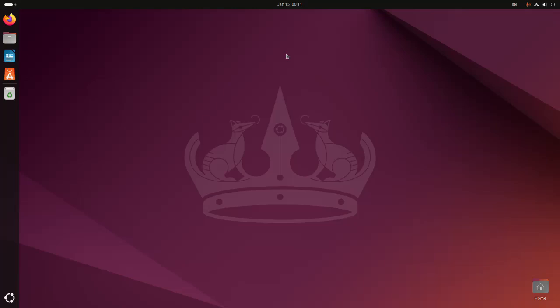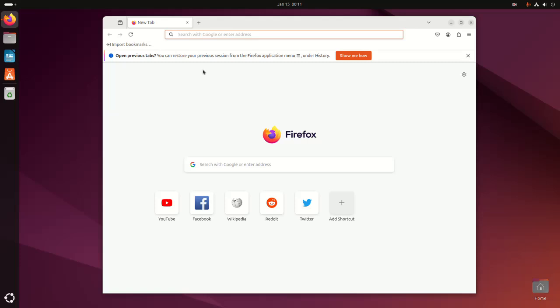In this video I am going to show how to download and install VirtualBox on Ubuntu 24.04 LTS. So let's get started. At first, open your favorite web browser and search for